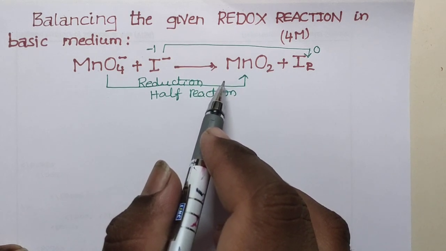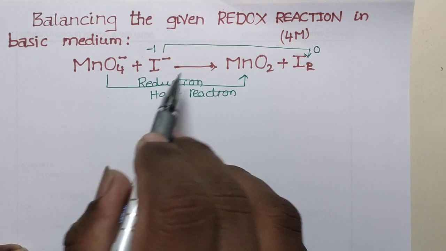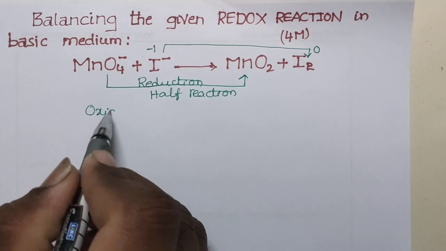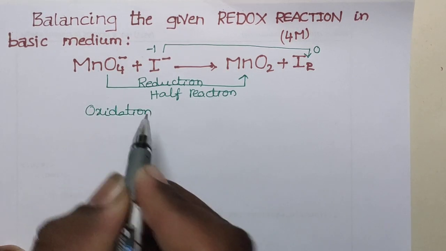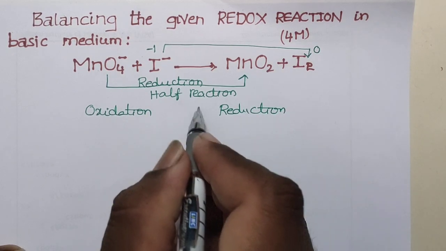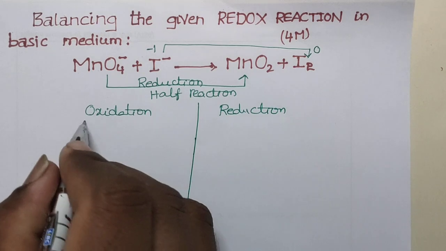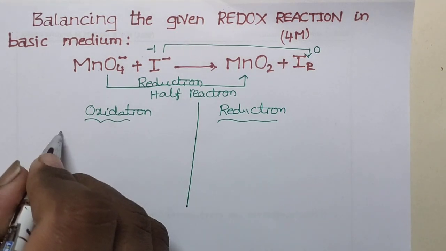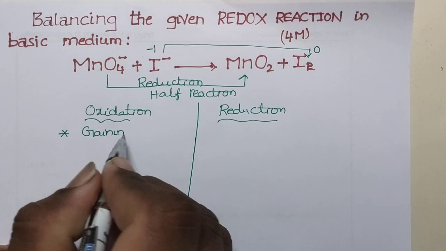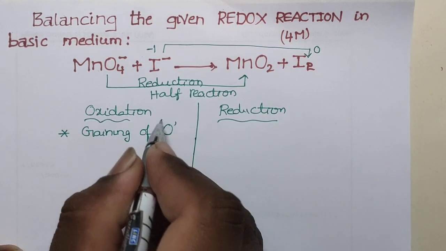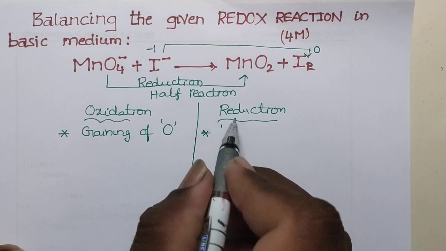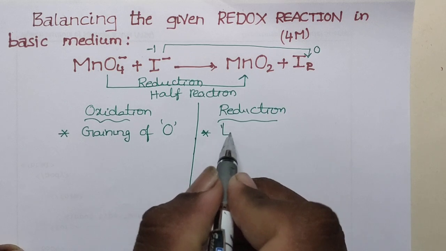First of all, we have to identify the oxidation and reduction process. According to the definition, oxidation is addition of oxygen atoms, reduction is losing of oxygen atoms. We have 3 definitions for oxidation and reduction. First one is addition or gaining of oxygen atoms. In oxidation, oxygen atoms are gained. Reduction is completely opposite, losing of